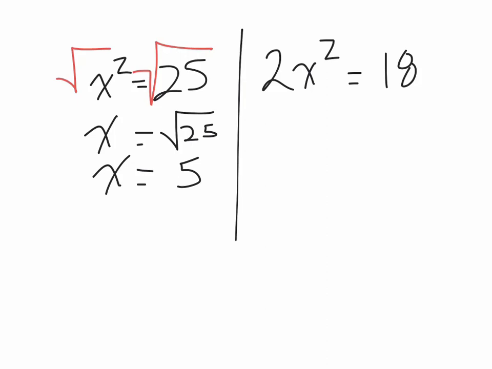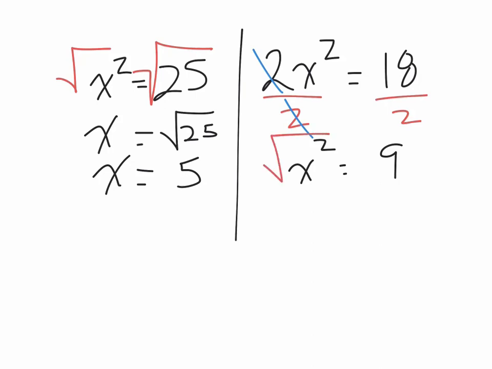What we'd end up doing first is dividing both sides by 2. So I'm going to divide this side by 2 and divide this side by 2. Once I've divided both sides by 2, it gets rid of my 2's. That's x squared equals 9. I'm now able to take the root of this side and the root of this side, and then x equals